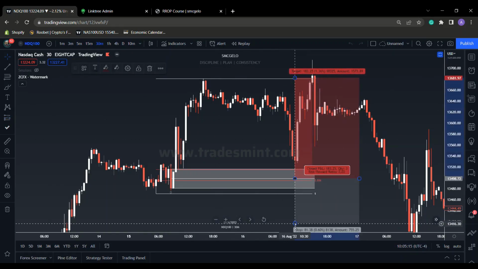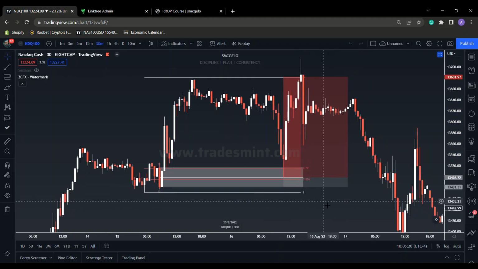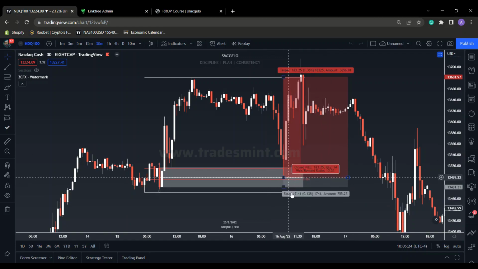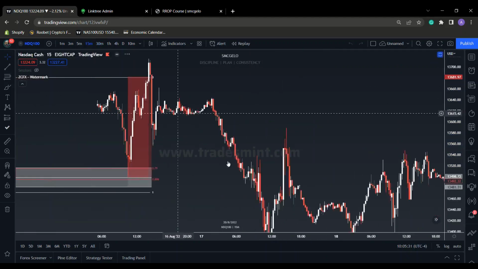Price came back down, mitigated the demand zone perfectly, right? The 0.79 and the 0.886 tapped into our 50%, and then it continued up. So if you would have taken it on the lower time frame,